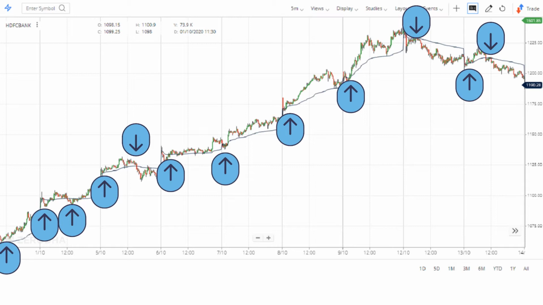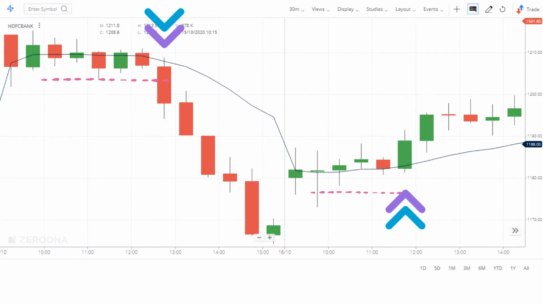So there is a natural pressure when a stock is trying to break above or below the VWAP. When a stock tries to break above or below the VWAP line, that means there is usually a battle between buyers and the sellers. So traders like to wait for one side to lose the battle and either go long on a break above the VWAP or go short on a break below the VWAP.